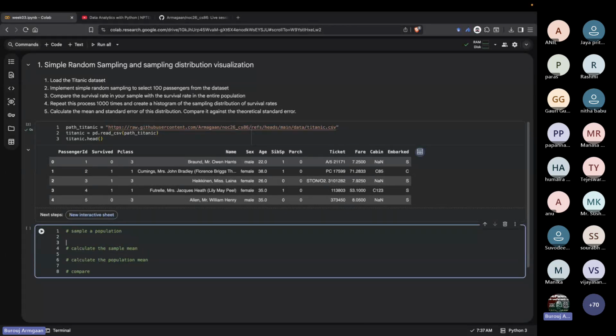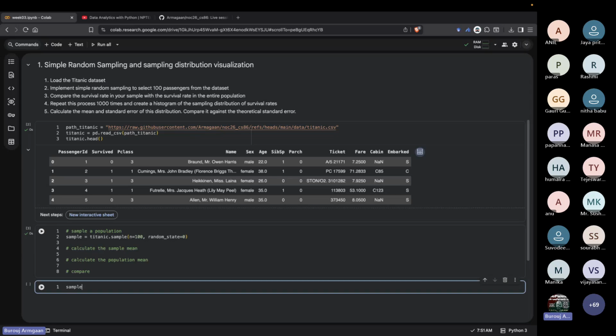So the first thing is to create a sample. We can say our sample is Titanic dot sample. We say that we want 100 passengers, and there is another thing called random state that I'll get into just now. For now, let's say I'm passing it equal to 0. I'll tell you what this is. So if we just do this part and try to look at what we get,